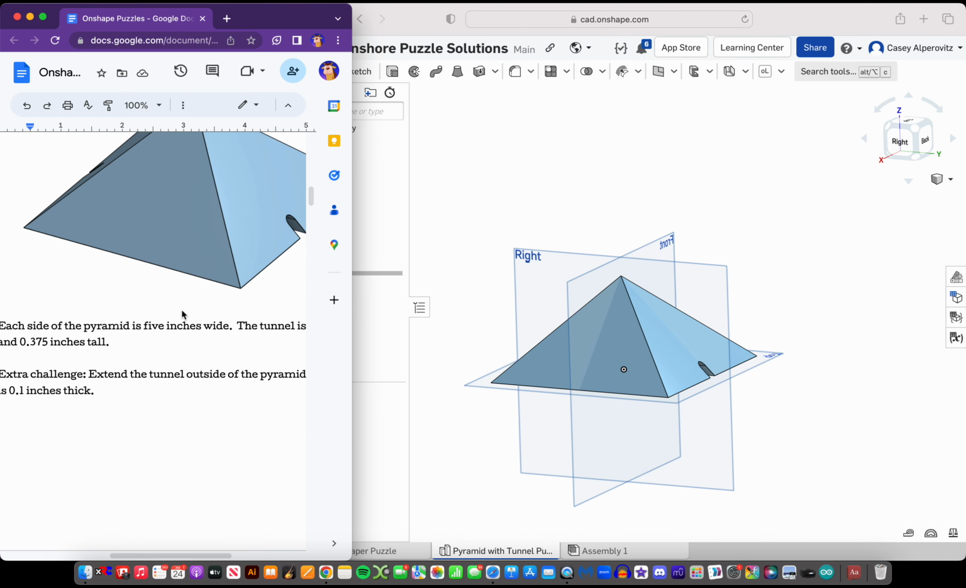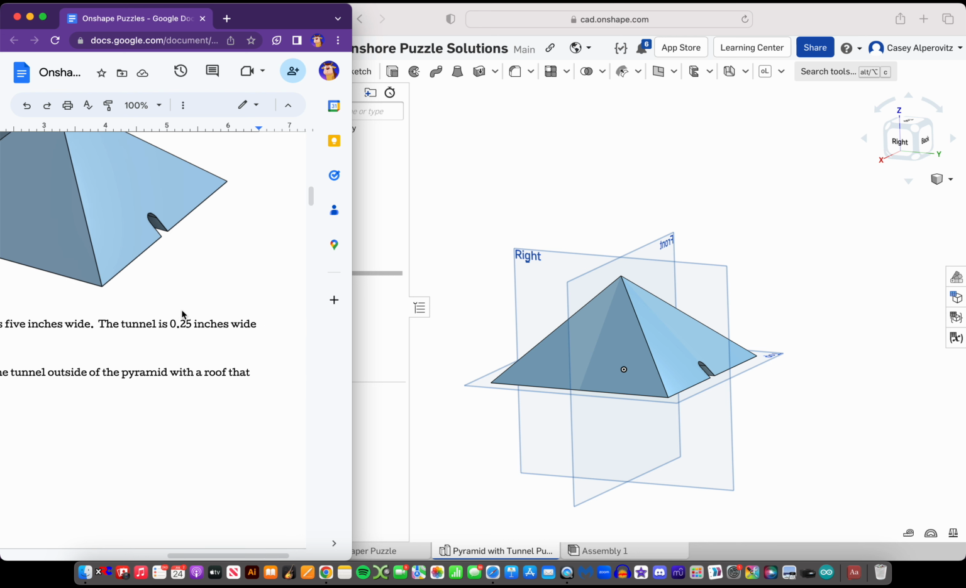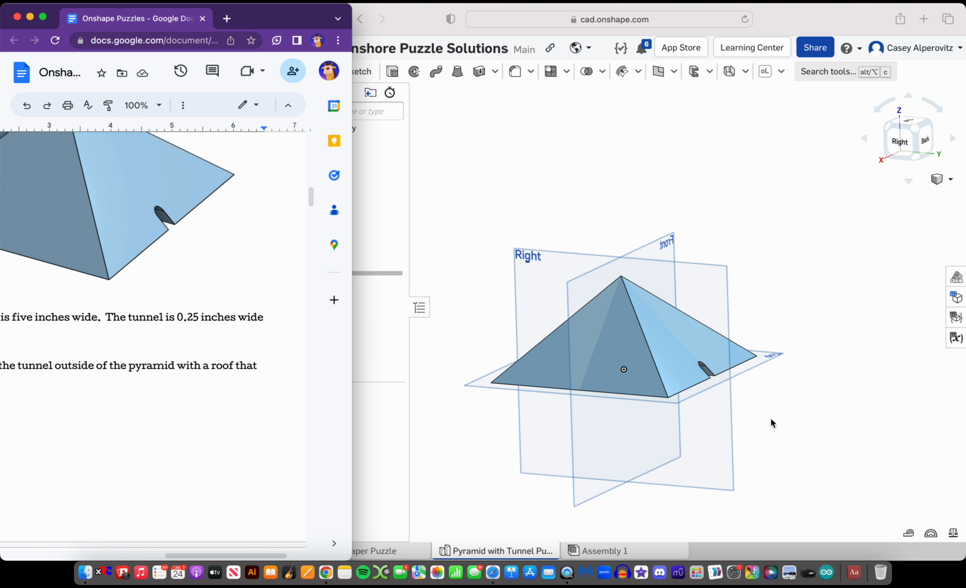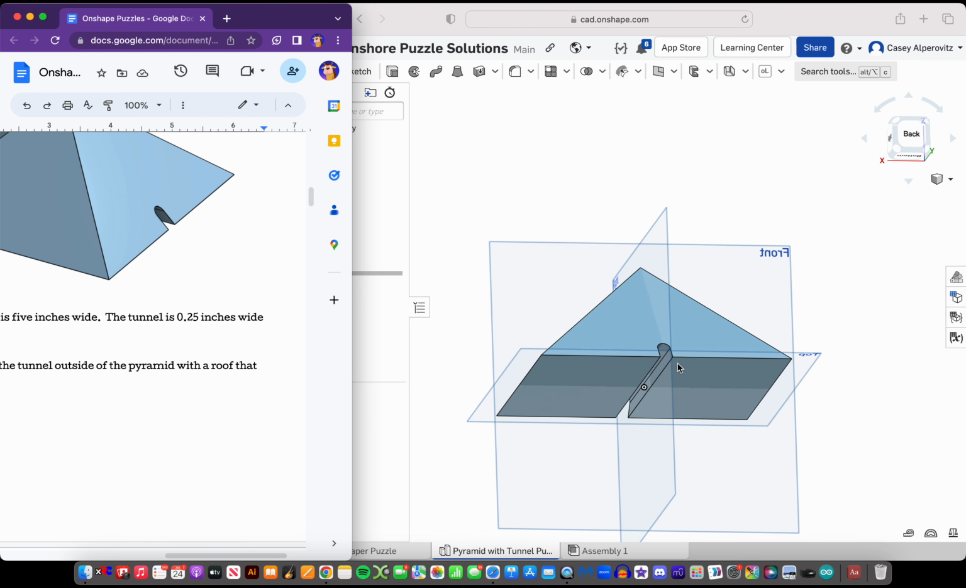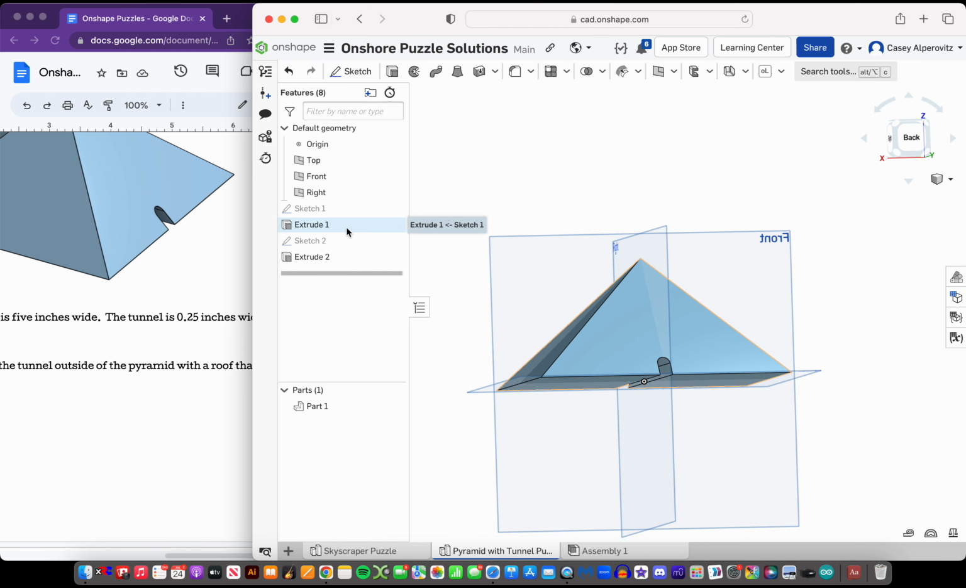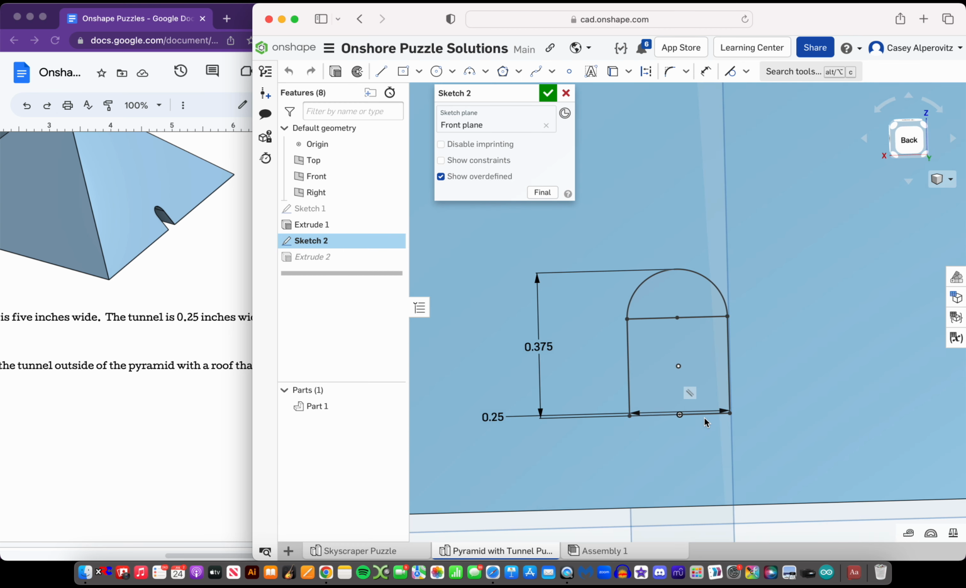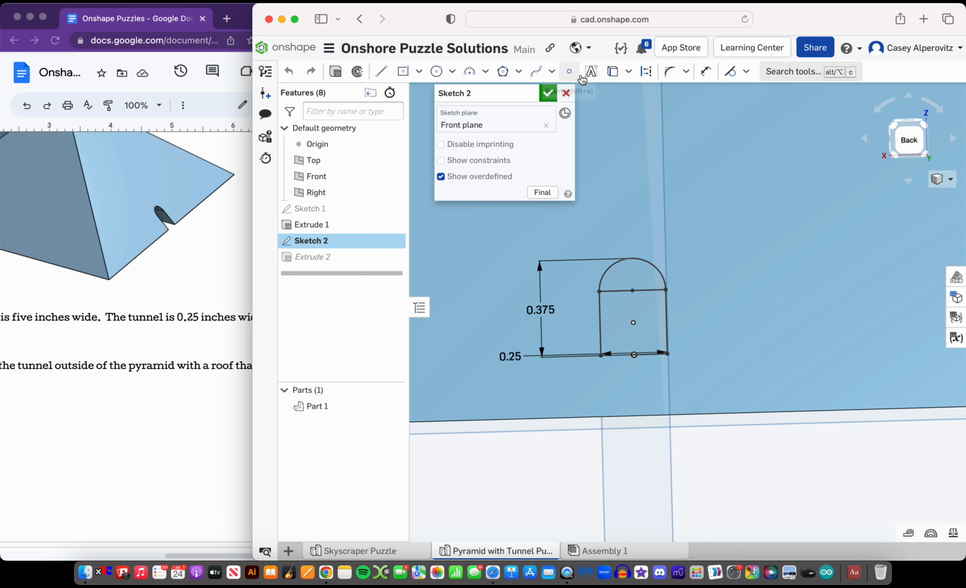Now there's an extra challenge for this. Extend the tunnel outside of the pyramid roof that is 0.1 inches thick. So there's a few ways that we could go about doing this. I'm going to go back to my sketch 2. I'll show a few ways to do this. This is probably the quickest way. And I will, where is it? My screen is shortened, so